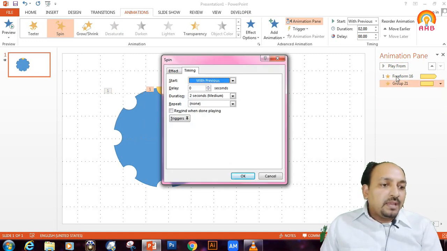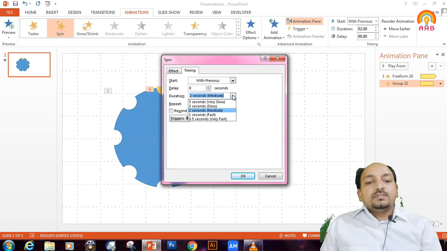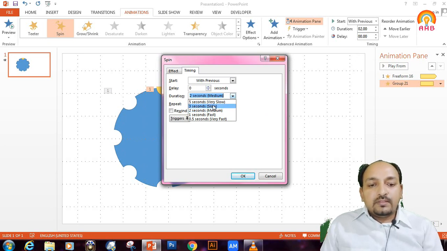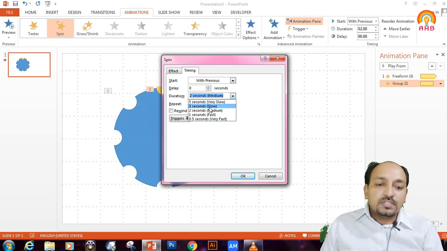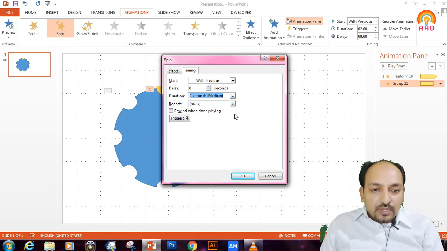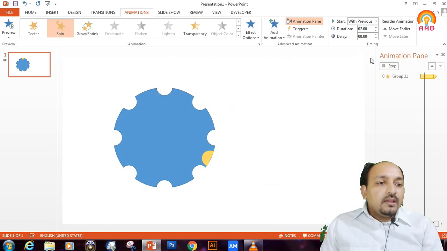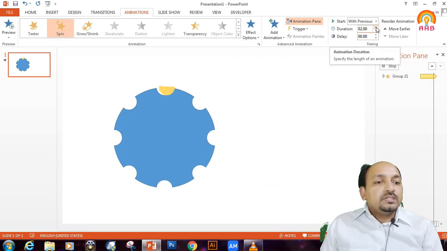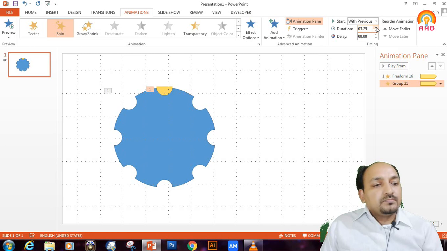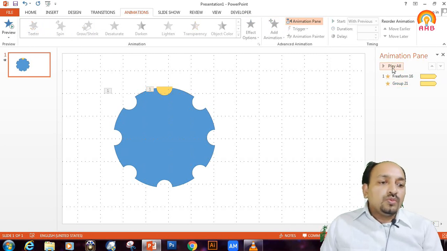You kept the timing for this gear shape 4 seconds, and for this also we have to set the timing to 4 seconds, but here this option is not available, and we can select only repetition until end of the slide here, and 4 seconds duration we can apply here. So now you can check how it moves.